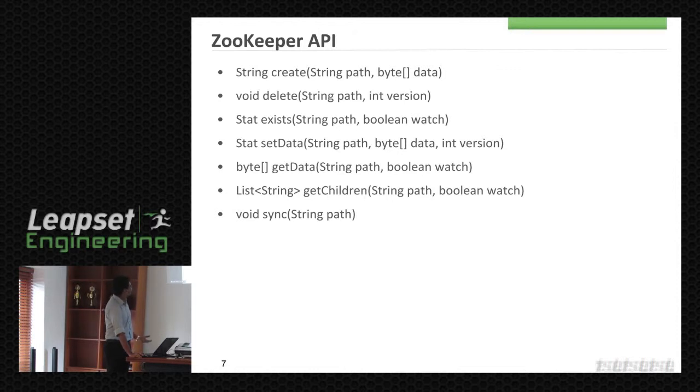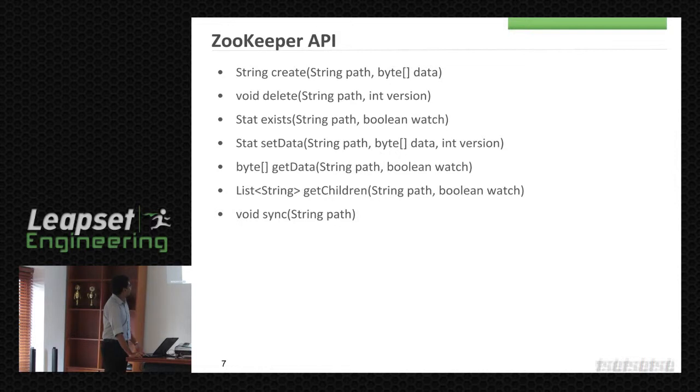So we can set data. Let's say in the first call we create a Z node, but without any data. In this call we can set data. So this is used in cluster management. Let's say a node has joined the cluster, and I want to update my CPU and memory count to the cluster. So we can use this API.